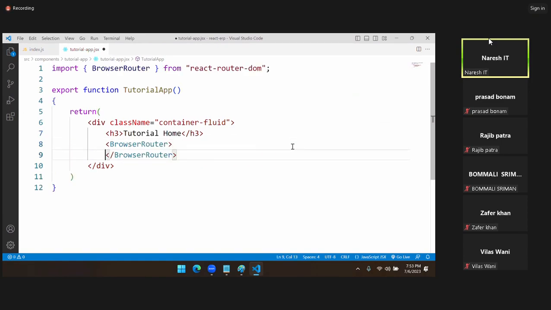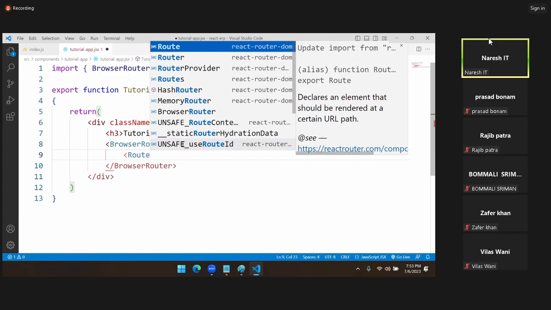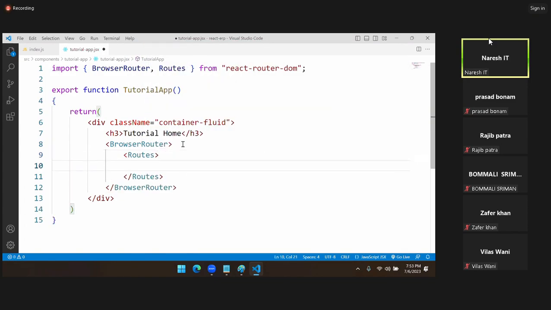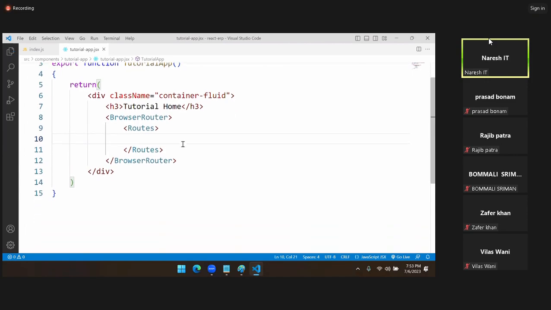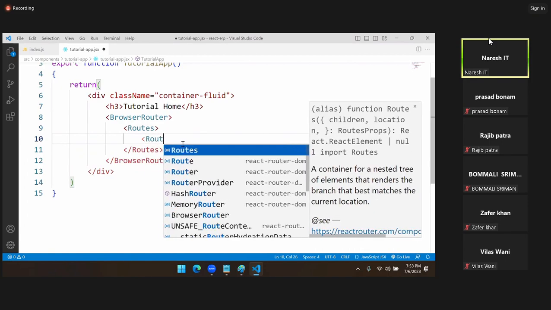Browser router is imported from React Router DOM. That is the library. In browser router, we are configuring routes. Routes is a collection of routes. It is used to create a table. In the table, we have routes. Every route